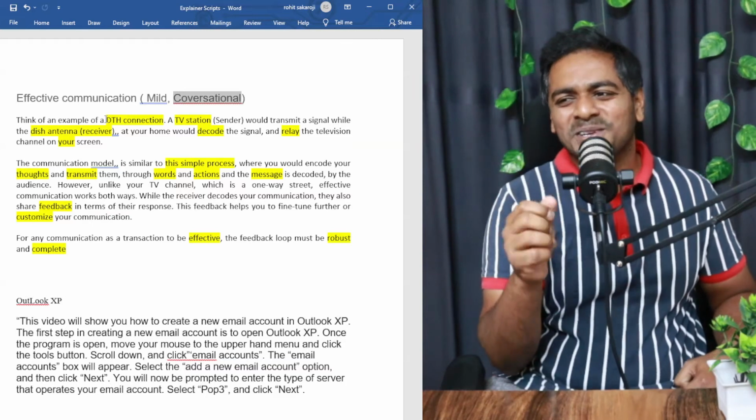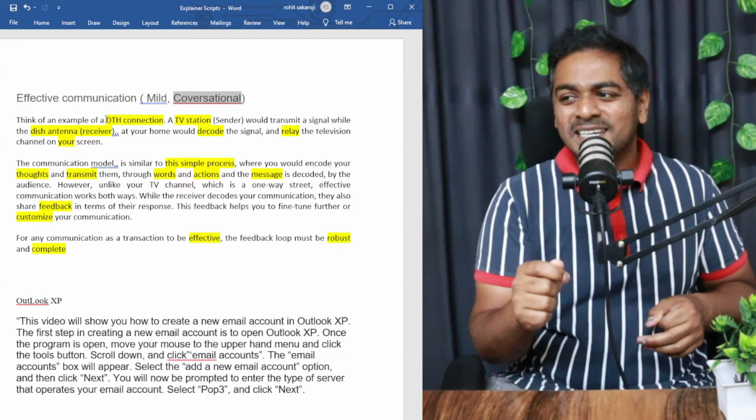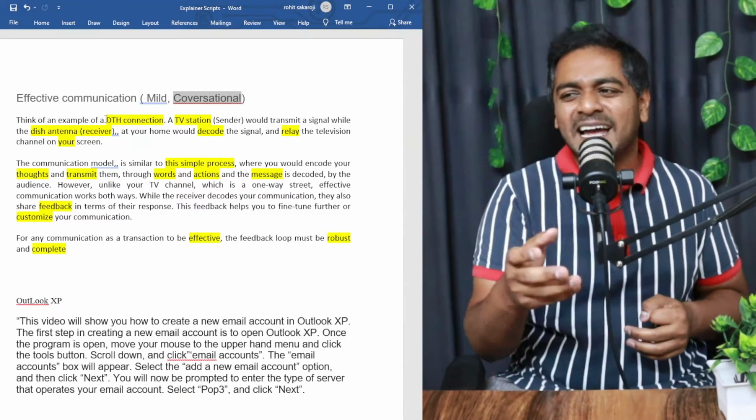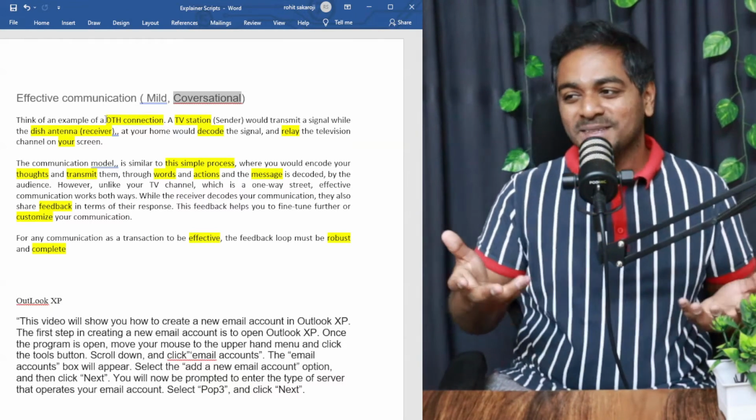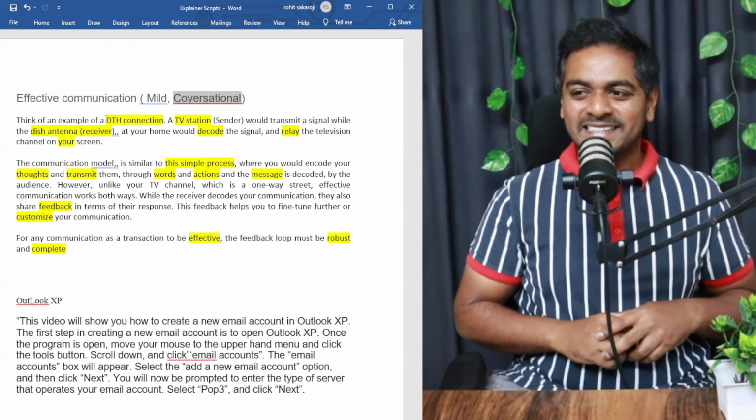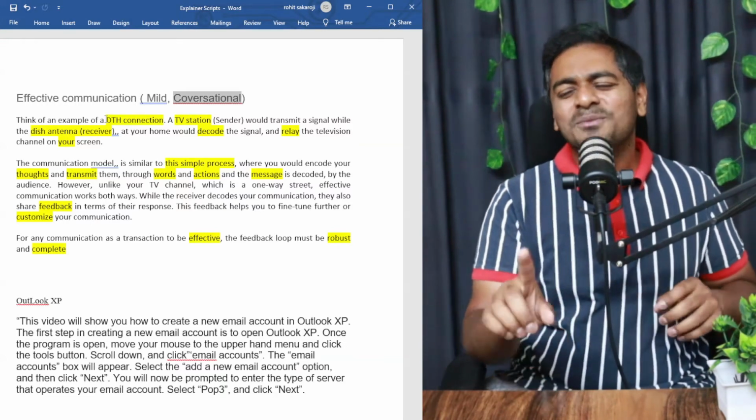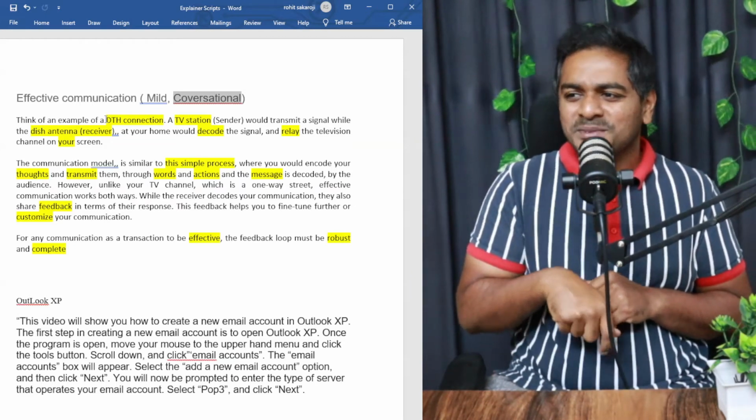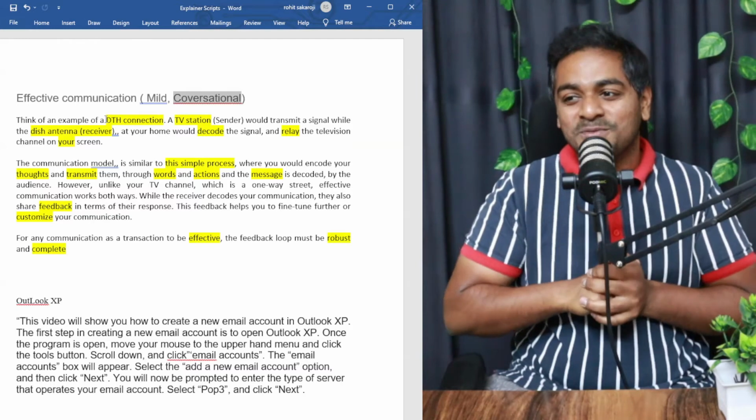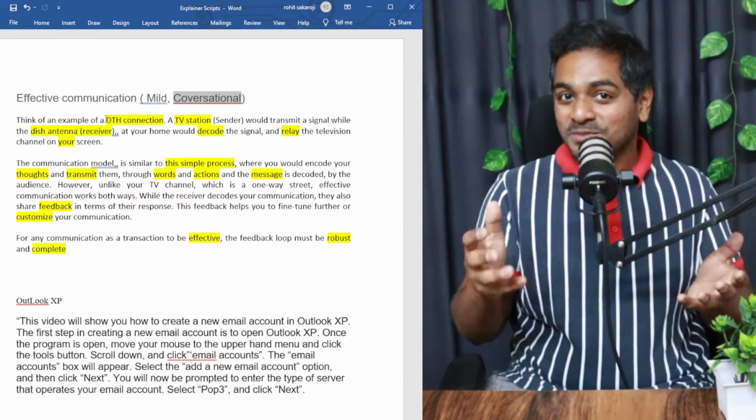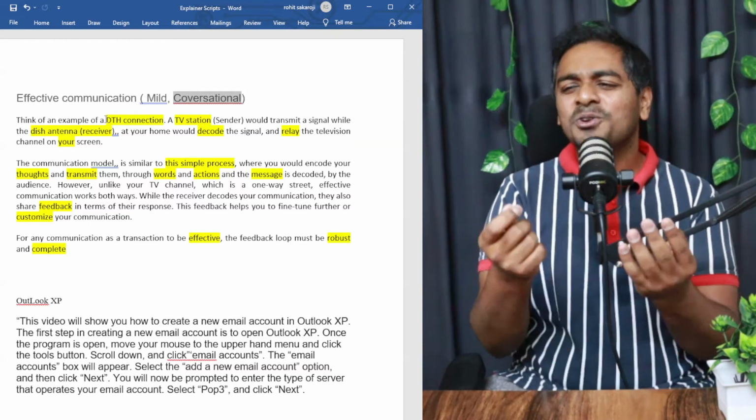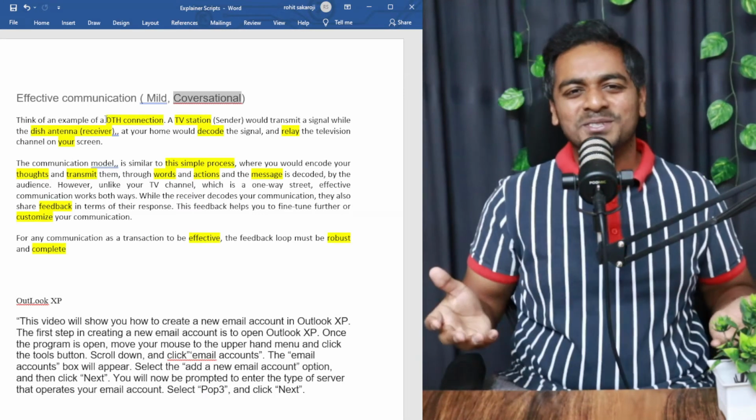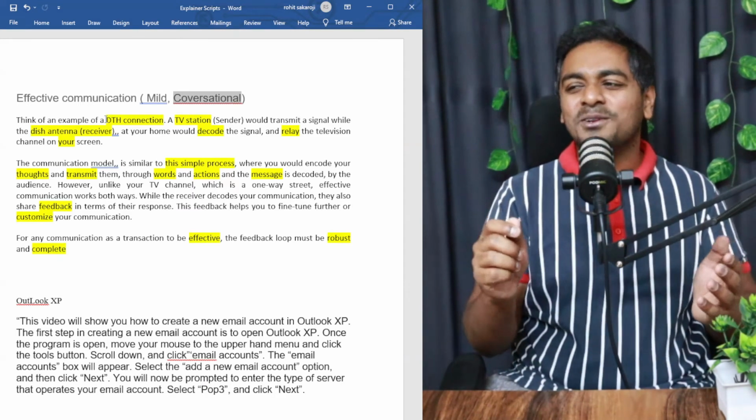The communication model is similar to this simple process where you would encode your thoughts and transmit them through words and actions, and the message is decoded by the audience. However, unlike your TV channel, which is a one-way street, effective communication works both ways. While the receiver decodes your communication, they also share feedback in terms of their response. This feedback helps you to fine tune further or customize your communication. For any communication as a transaction to be effective, the feedback loop must be robust